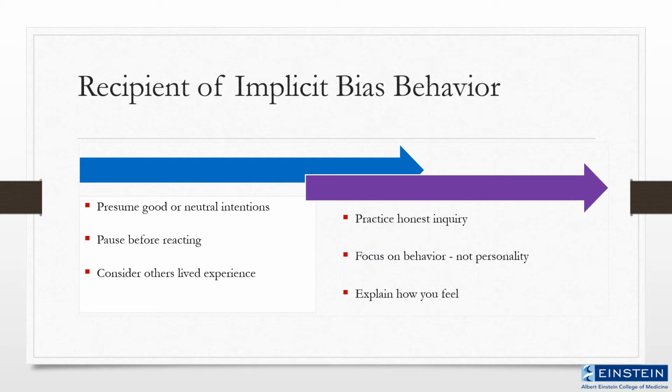Correct them in the same way you would any other work-related mistake. Oftentimes, when we are recipients of bias, it taps into our previous lived experiences and may invoke feelings of pain and anger. Reacting with anger or from a place of pain will unlikely get the behavior changed. In addition, it is more likely that the person made an honest mistake. Remember to presume good or at least neutral intentions. Explain how the comment and/or behavior made you feel, and if they are open to it, continue an ongoing dialogue over time.